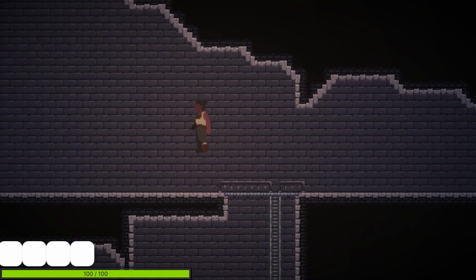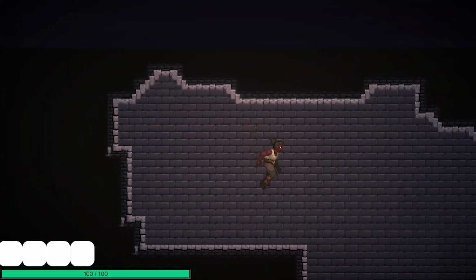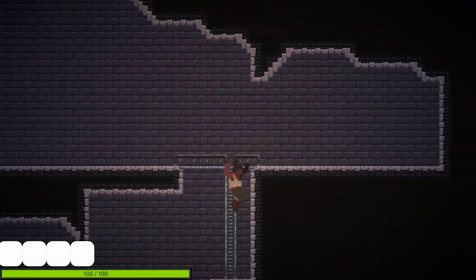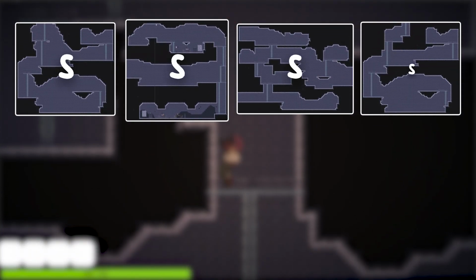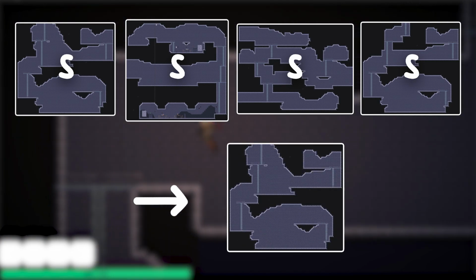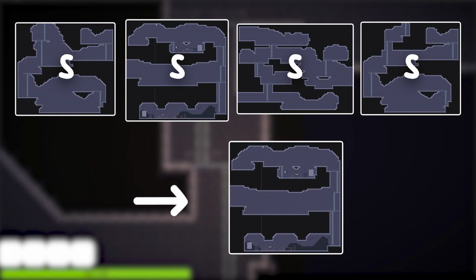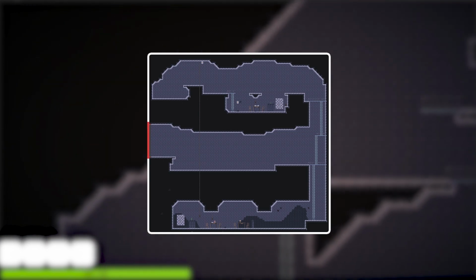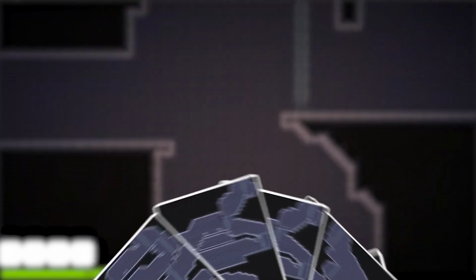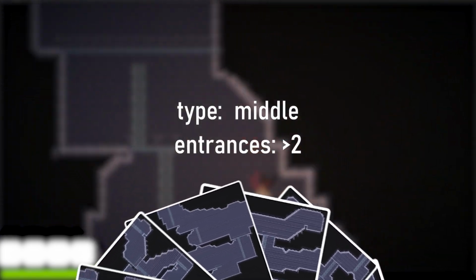Well, we need to start somewhere, so let's pick one that qualifies for being the starting chamber. For that, we can manually label some of the rooms with a starter tag and then pick a random one from the collection. This room should only have one exit, although multiple would work too. The next step is to again pick a random room with the right type and amount of entrances.